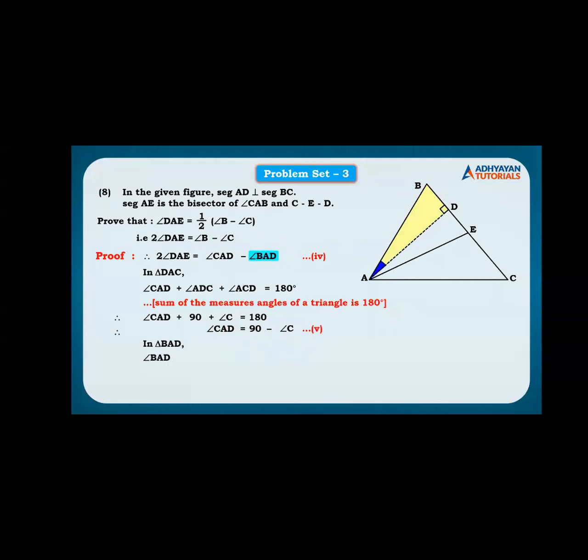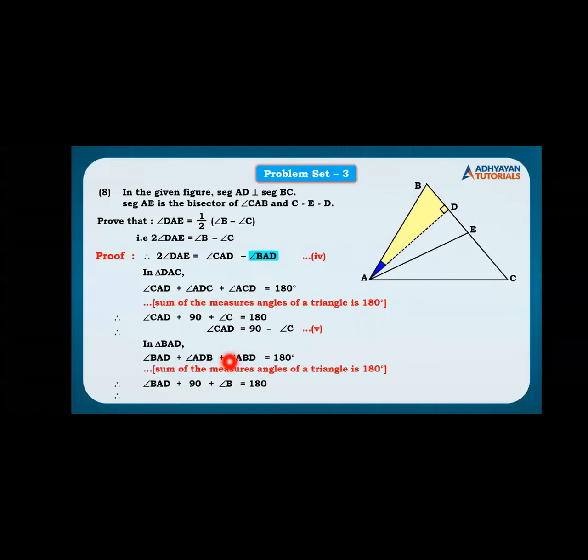So again applying the angle sum property, adding all three angles gives 180. One of the angles is again 90, which is the angle ADB, meaning angle D. So 90 will come instead of it. BAD plus 90 plus ABD. Now, instead of ABD, can I write angle B, because I need angle B, right? It's the same thing, is equal to 180. Now in order to eliminate BAD, I need to find its value, and for that I need to keep BAD alone.